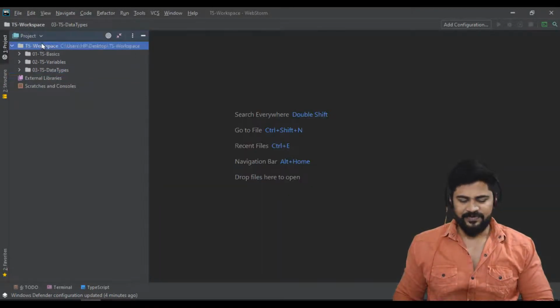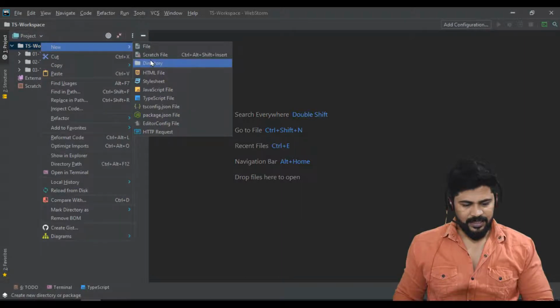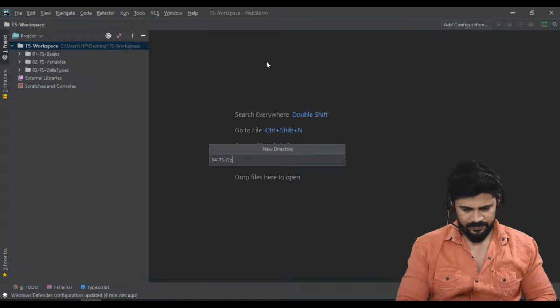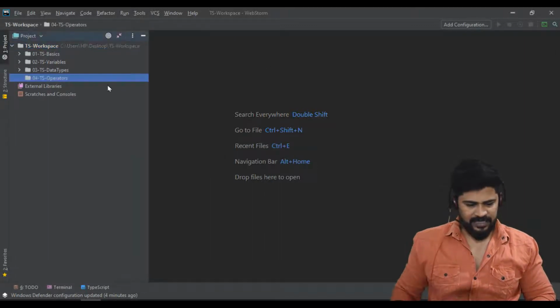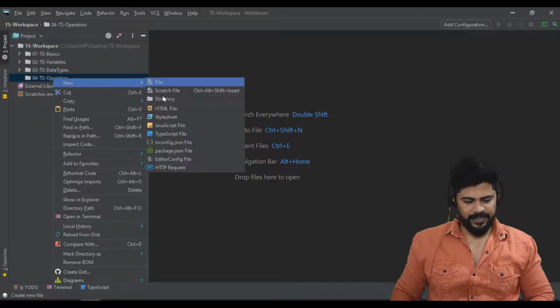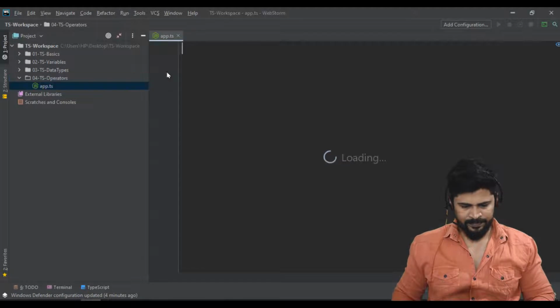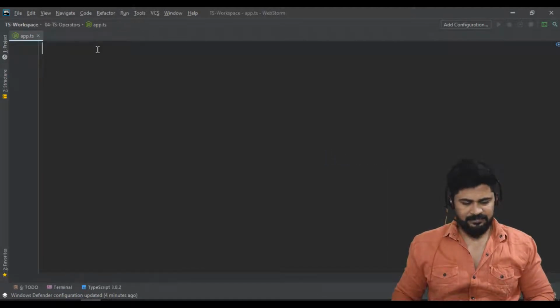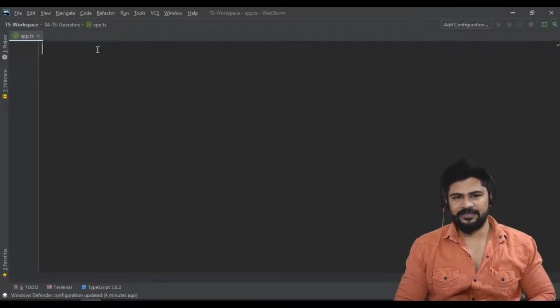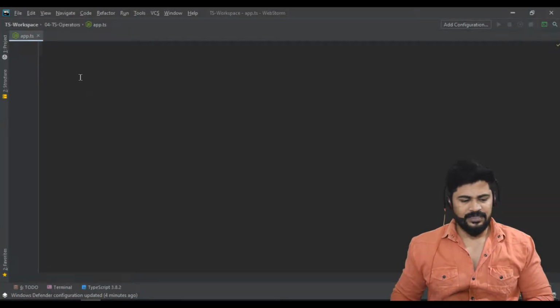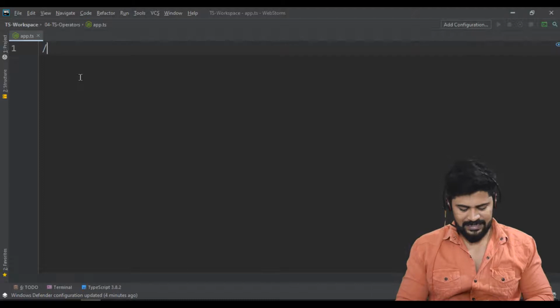I create a separate folder, right-click, new directory, and just say 04-ts-operators. Okay, so let me create one TypeScript file, let's say app.ts. Generally, what type of operators do we have in TypeScript? Just like JavaScript, we have the same kind of operators here. So let's see them. Very first thing is